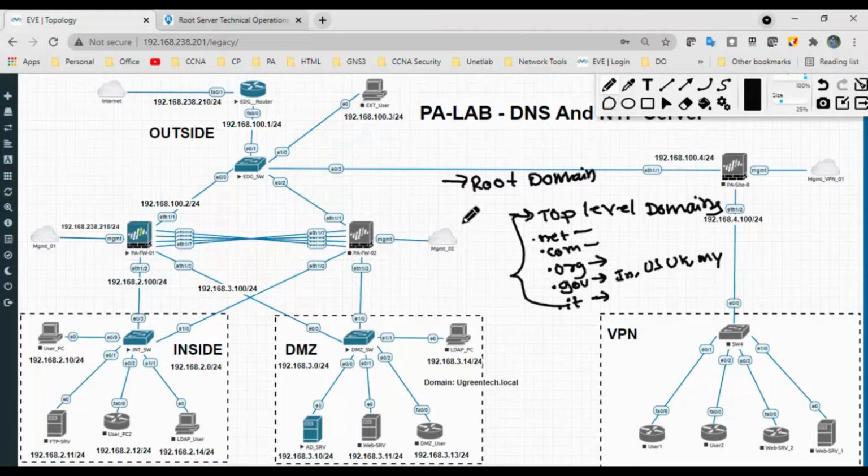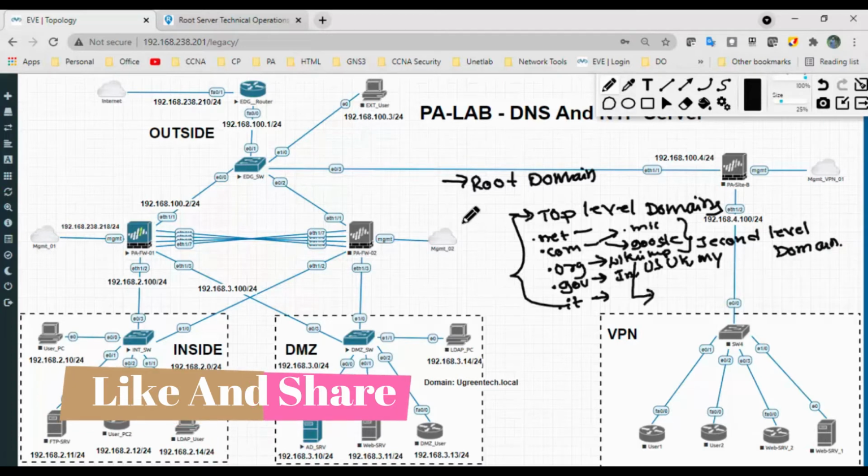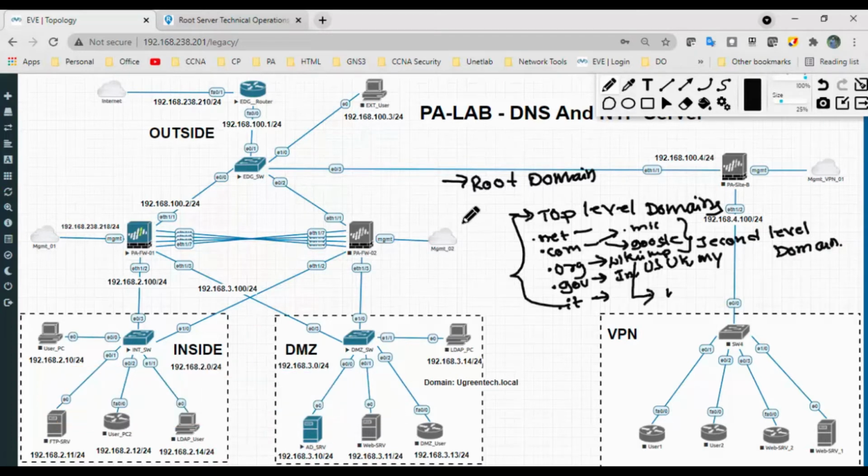Under .com, we can see microsoft.com and google.com, and organizations like Wikipedia. These are all second level domains, and under Wikipedia we can subdivide into www, ftp and home servers, and these are called subdomains. This is what we call the inverted tree structure format.